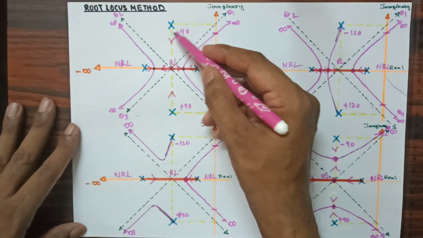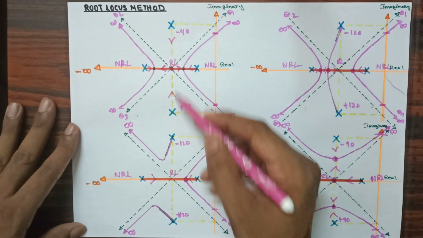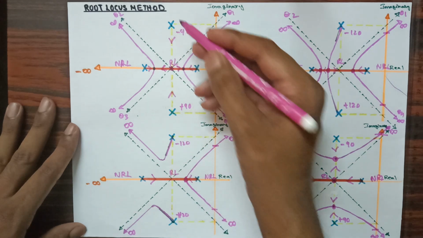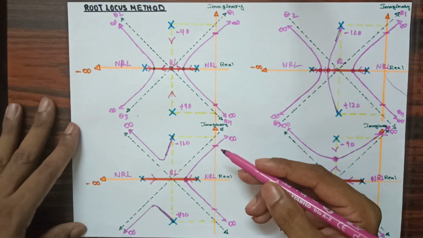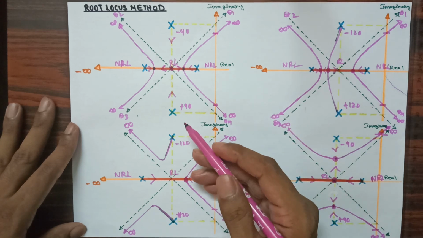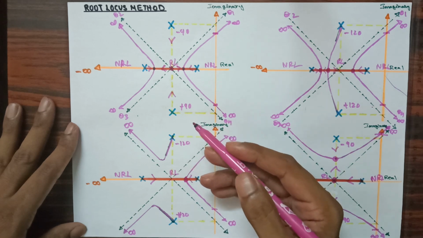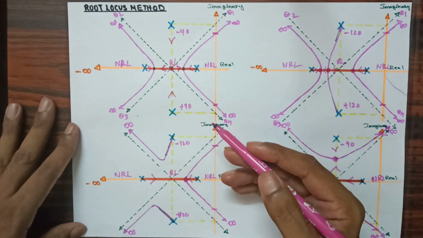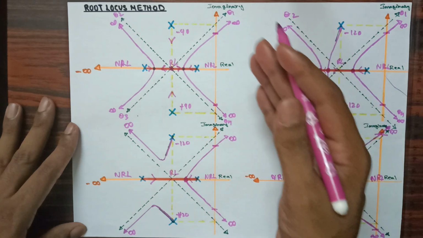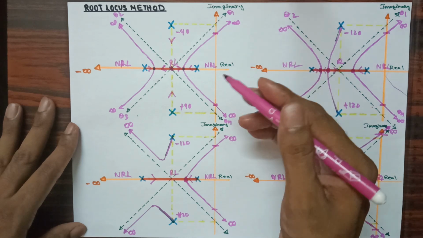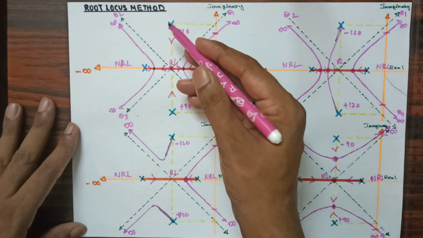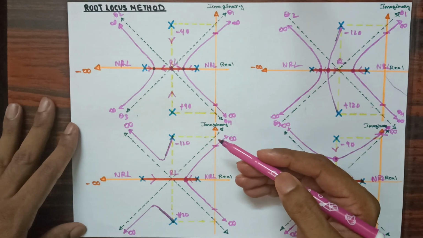If you have complex zeros, that means in place of poles you have the end point that is zero, then we are going to find the angle of arrival. Till now in the root locus method we saw that we need to find centroid, we need to find angle of asymptotes, then we need to find breakaway point. Then if roots are coming towards right hand side, then they are going to cross the imaginary axis. For that we need to find intersection with imaginary axis. Then if you are having complex poles, then I need to find angle of departure.